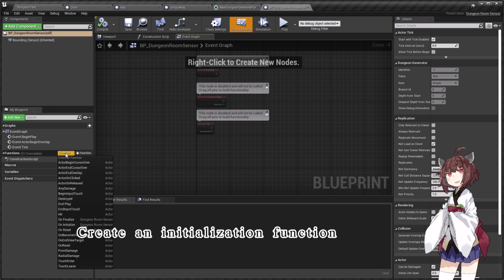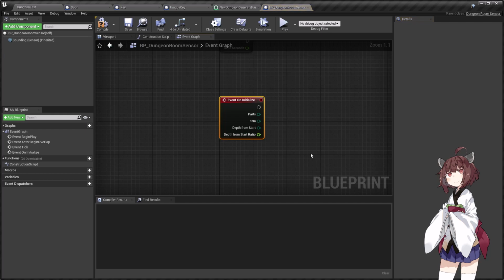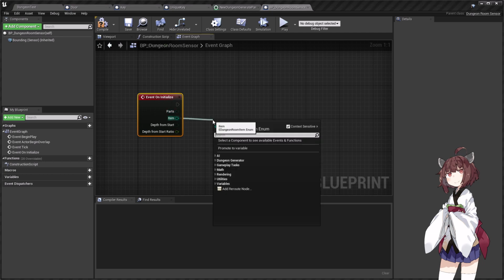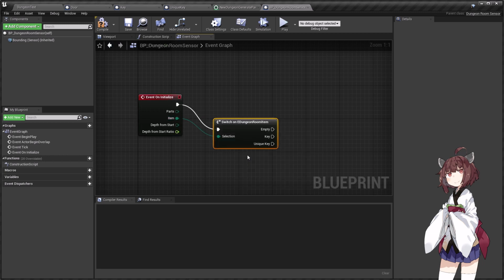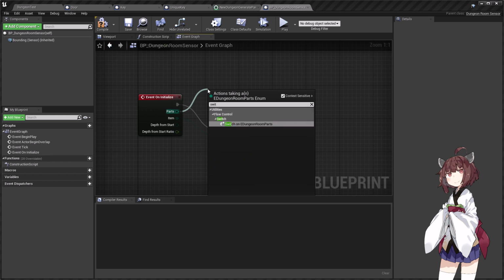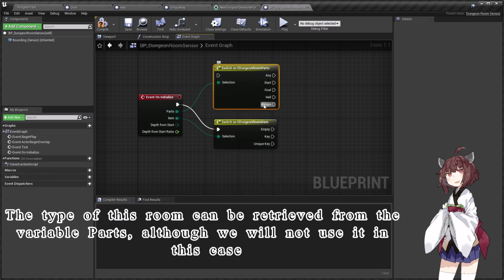Create an initialization function. The items needed for this room can be obtained from the variable item. The type of this room can be retrieved from the variable parts, although we will not use it in this